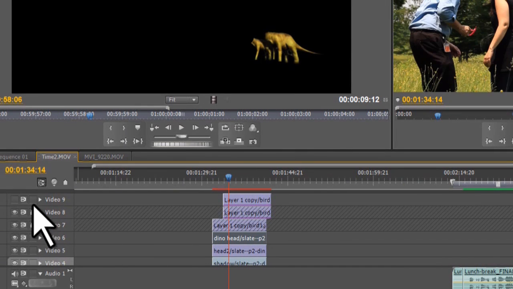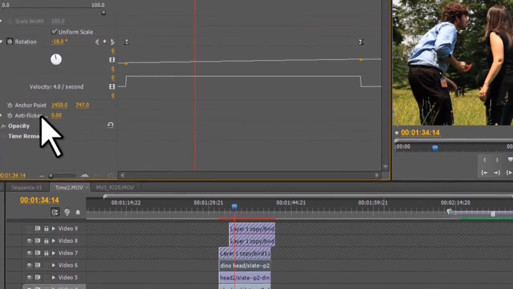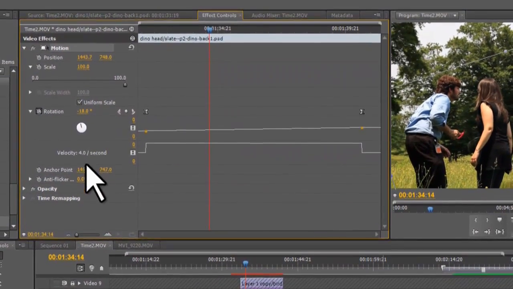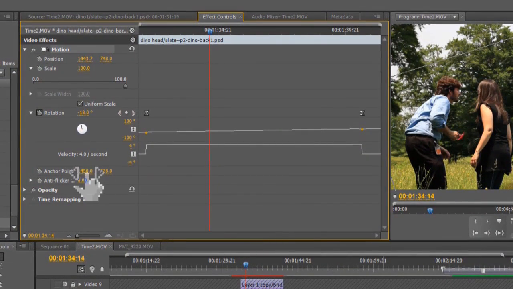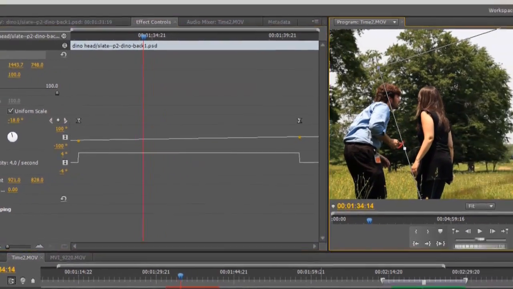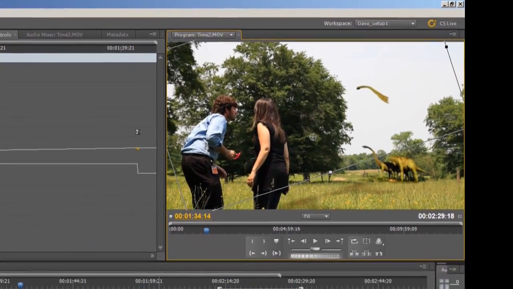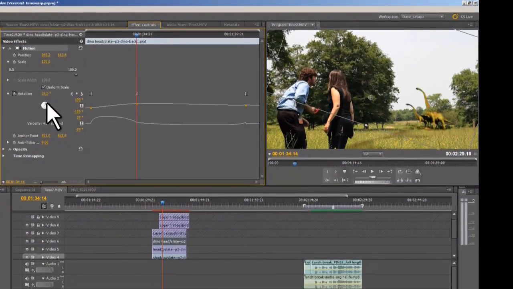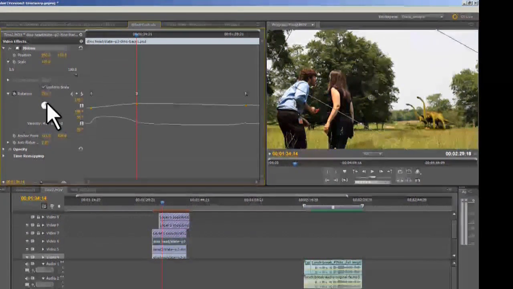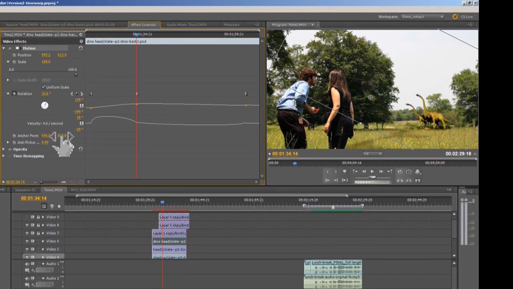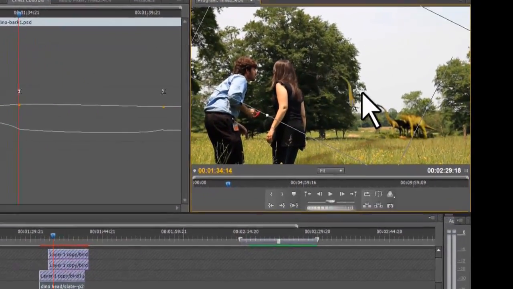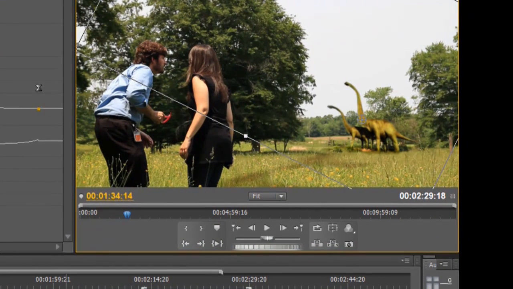And here's something, let me lock these files down so you can see. When you import this into your editor, what you're going to see is these anchor points. When you first import it, it's going to center the picture, and it's going to look something like this when it comes into your editor. It's going to put that anchor point in the center of the screen. Well, what makes it hard is that when you want to do your movement, you can see how that thing pivots around that anchor point. So the key to this effect or movement is you move the head around so it's right on that anchor point. And this is stuff that you would be doing if you were going to mess around in After Effects. And now when I move that pivot point, you see it's like,